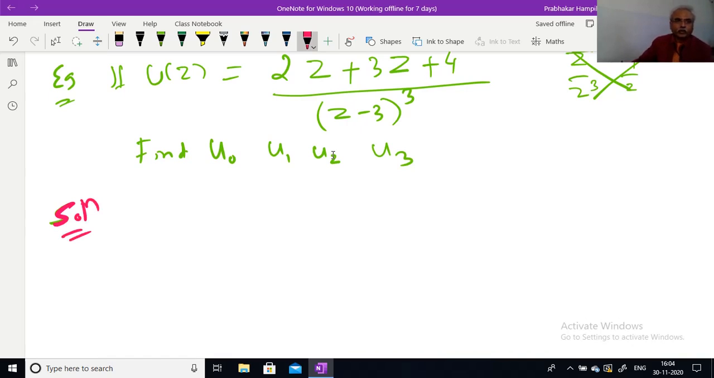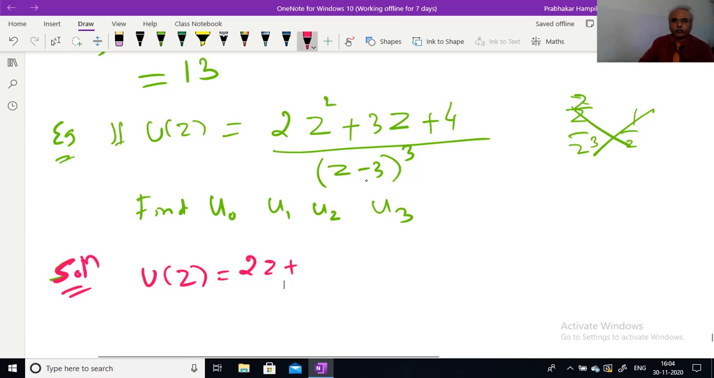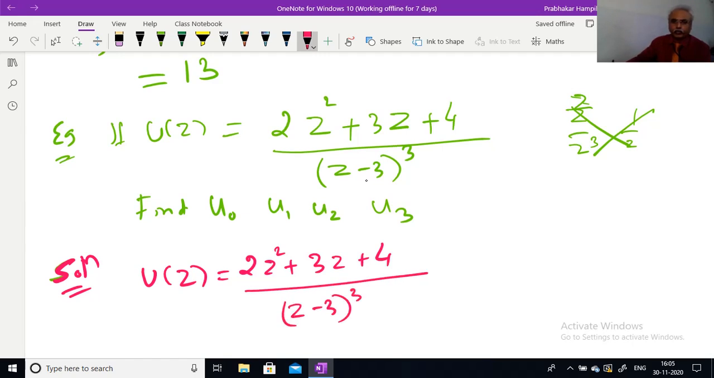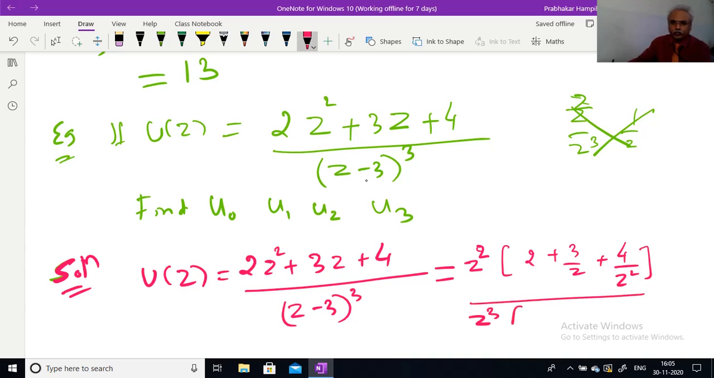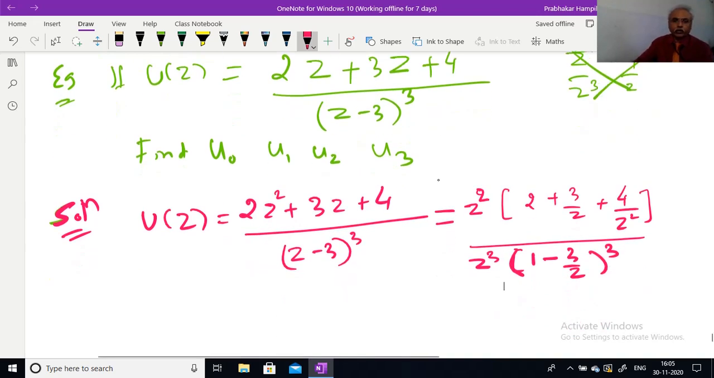Given u of z equal to 2z square plus 3z plus 4, whole divided by z minus 3 raised to 3, or this can be written as, taking z square common here, numerator becomes 2 plus 3 by z plus 4 by z square, whole divided by, here you can take z common, z cubed comes outside, 1 remains here, minus 3 by z. It is a question of algebra. So we have got two ways of writing this